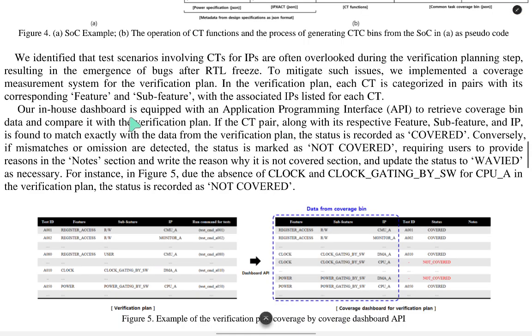So our in-house dashboard is equipped with an application programming interface (API) to retrieve the coverage beans data and compare it with the verification plan. After a CT pair, along with its respective features, subfeatures and IPs, is found to match exactly with the data from the verification plan, the status is recorded as covered. Conversely, if mismatches or omissions are detected, the status is marked as not covered, requiring users to provide reasons in the notes section for why it is not covered, and update the status to waived